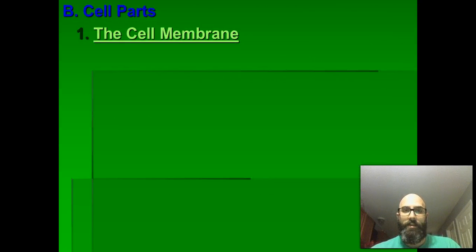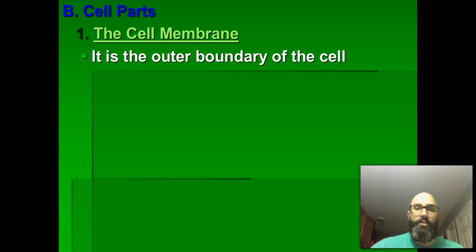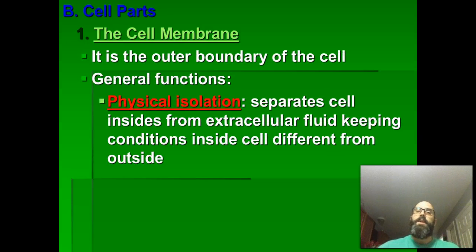I think you get the cell diversity thing. Cell membrane. I'm going to cover cell membrane later, so I don't want to get too much into it, but it's the boundary of the cell. It creates physical isolation. It separates what's inside the cell from what's outside the cell, because you want the inside to function well, homeostasis, and you want it to be separated from the outside because sometimes the area outside of that cell is a toxic environment that can affect the functioning of the inside. So you want to create physical isolation.